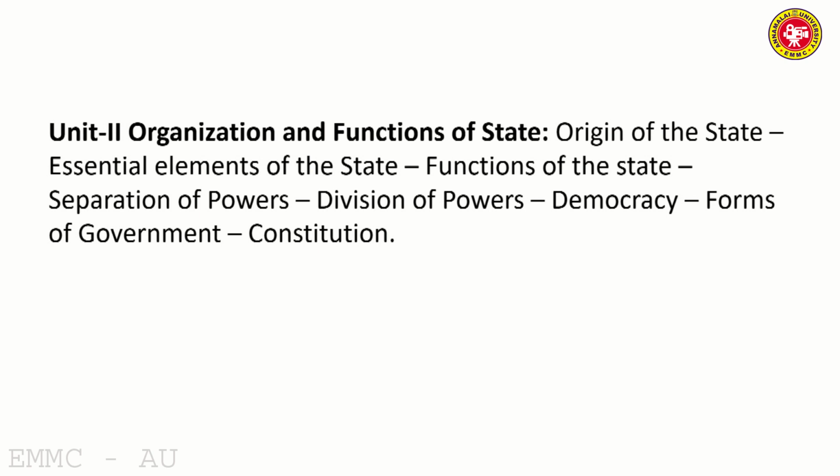Division of power means where the power should be transferred from one place to another place. For example, in a federal setup, the center alone cannot control the state. So the division of power has been distributed to other organs or other elements. In this manner, we can look at division of power, that's why the checks and balances and federal